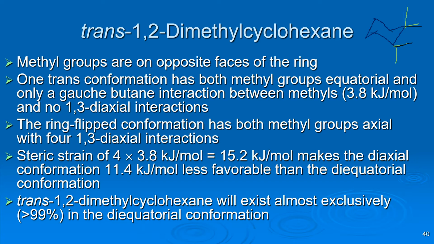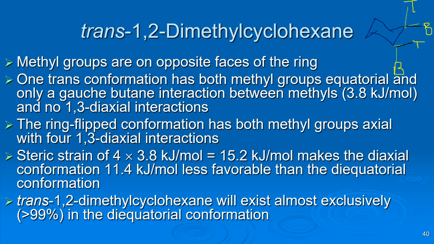Again, if it's trans, then it means we have to have a top and a bottom. And this is a top and this is a bottom. And this one's harder to tell. Notice that one top is equatorial and one's axial. One bottom is axial and one bottom is equatorial. And so we have to have,